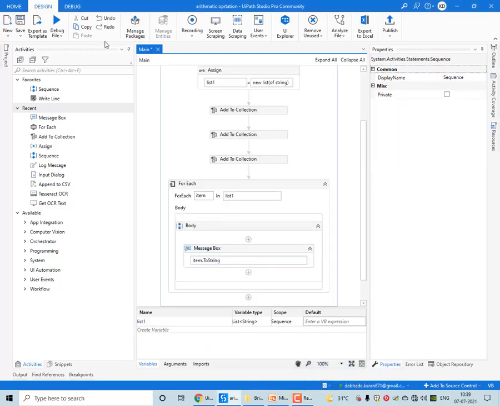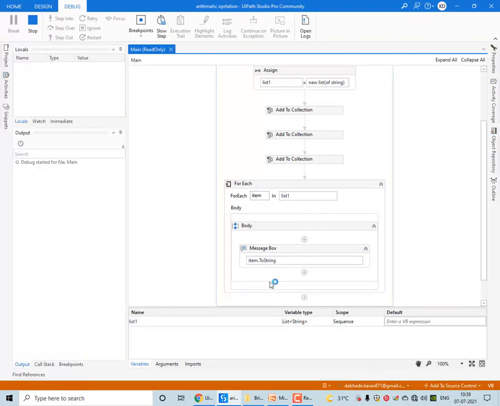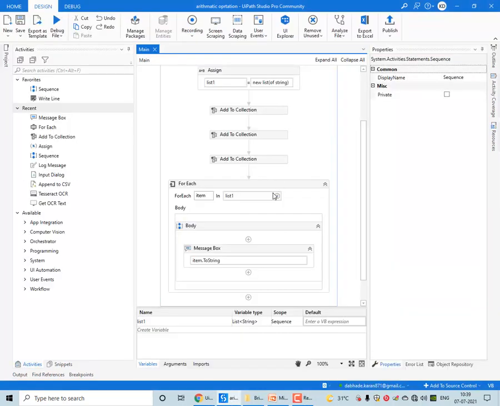So it's fine. Let me save and run. You can see the first element is Karan, second Rakesh, third Manoj. So this way the For Each loop is used to iterate through a number of collections.